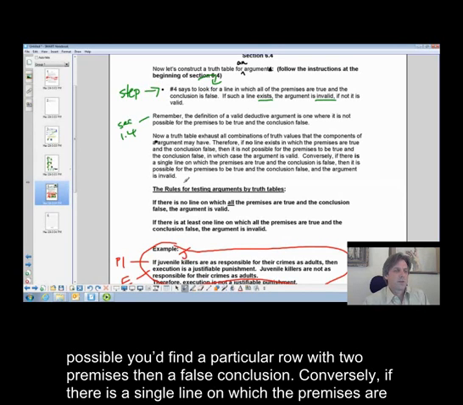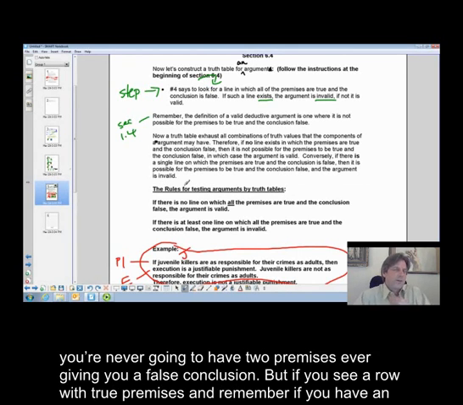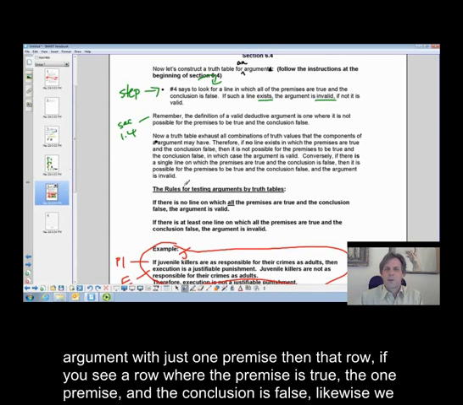Conversely, if there is a single line on which the premises are true and the conclusion is false, then it is possible for the premises to be true and the conclusion false, and the argument is invalid. Right? A good skeleton, you're never going to have true premises ever giving you a false conclusion. But remember, if you have an argument with just one premise, and you see a row where that premise is true and the conclusion is false,